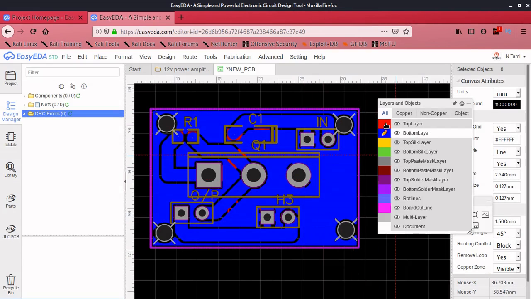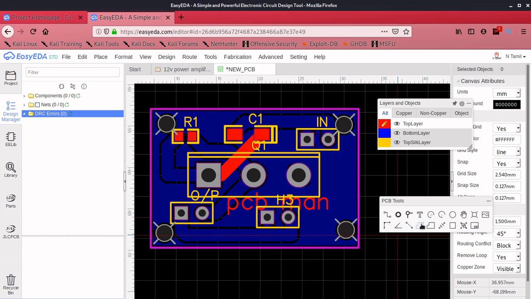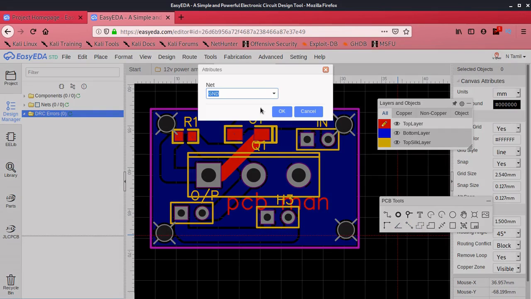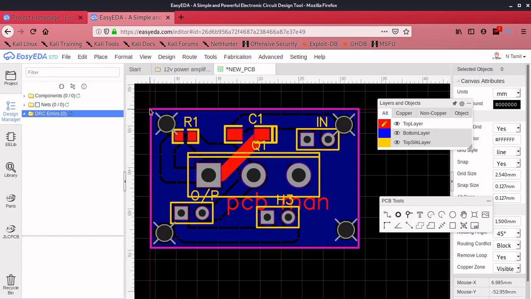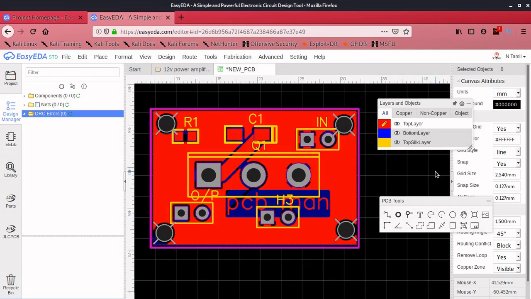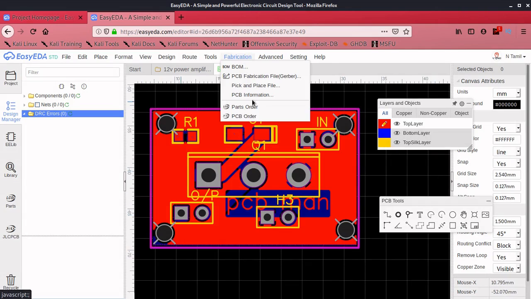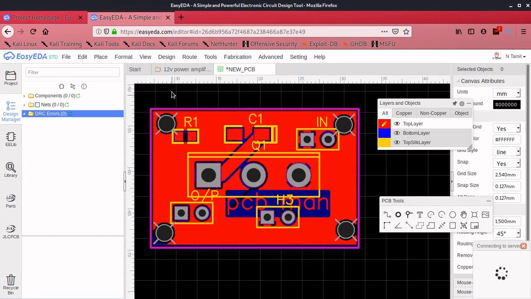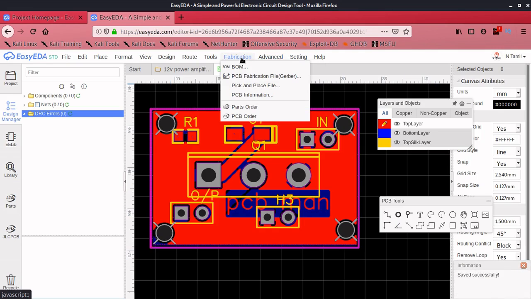Then I can choose top layer to do the same thing, copper area. After that you click, and everything will be better. Then you choose fabrication. First save it, then choose fabrication and click PCB fabrication.